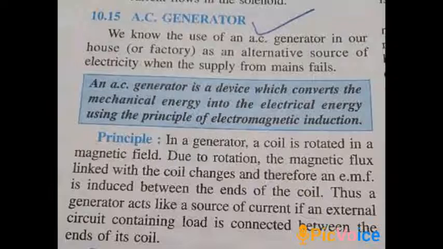You must have seen in the villages, on the bicycles, they have a light near the handle. And what they do, they take two wires and attach it to the pedal of the cycle. Now when the person cycles, what happens? He is giving mechanical energy, and because of that mechanical energy, current is induced in that particular wire, and that wire now lights the bulb, so he can see in the dark.